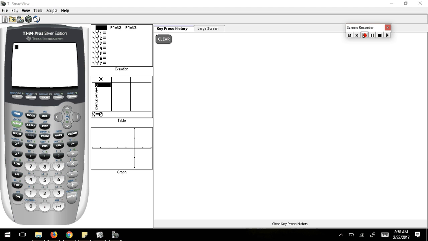I'm gonna make you show me at least one synthetic division where you tested it and found that it was 0. But rather than just blindly going in and randomly checking points, I want to show you how you can utilize your calculator to kind of help you. Okay, so if you go to y equals,